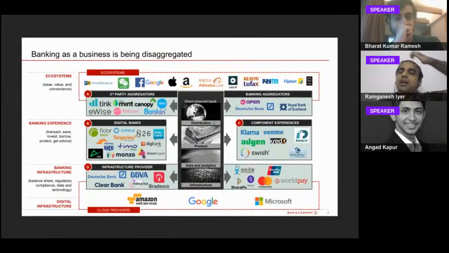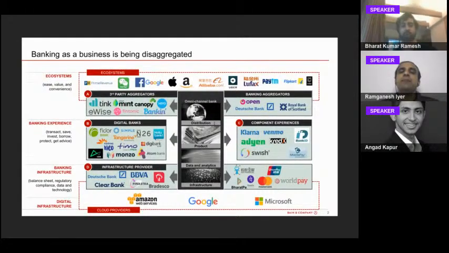Whereas if you look at the Bain view of how this is going to shape up in future, it's going to be completely disaggregated. And we already see this happening in bits and pieces. For example, at the front end, you have who owns the customer. In the case of payments in India, over 90% of the payment market share is captured by the likes of Google Pay, PhonePe, and Paytm, while all the banks, despite having the payment rails, have less than 10% market share. So basically, the front end of the bank is being captured by what we call, in a broader sense, the